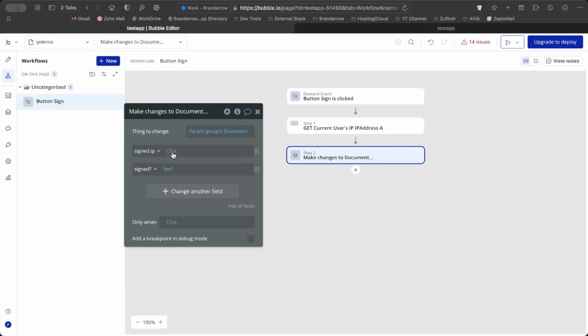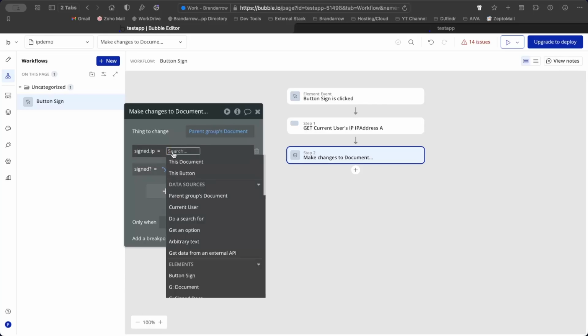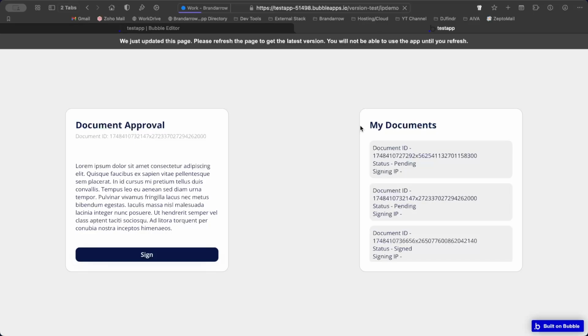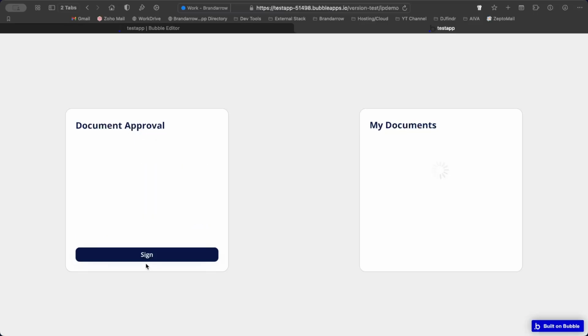Straight to the other step where we want to use it. We're going to set this as dynamic value, and we're going to choose that element. So we're going to type in IP address A, IP address fetched, and that's it. So let's go ahead and test this out one more time. Refresh this and go ahead and click sign,